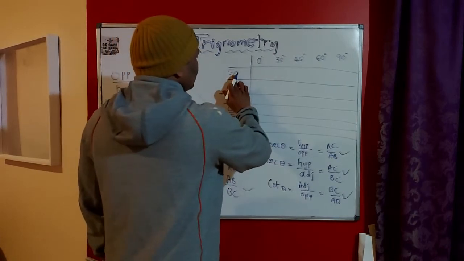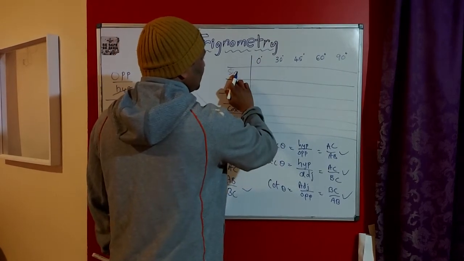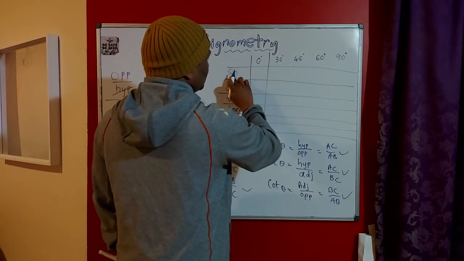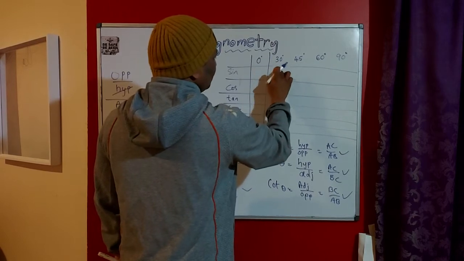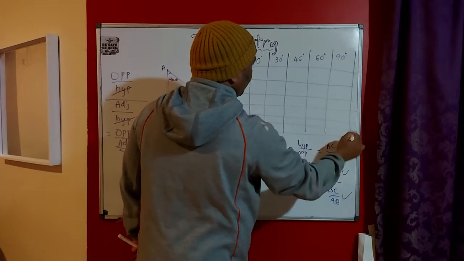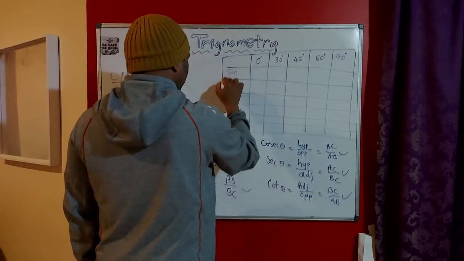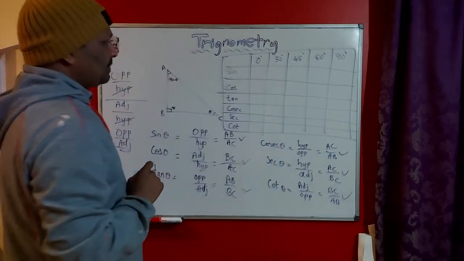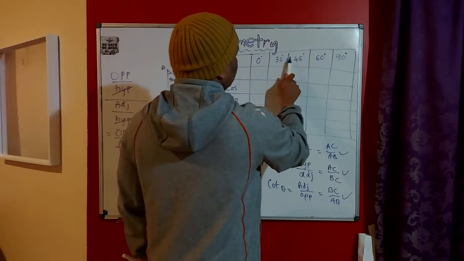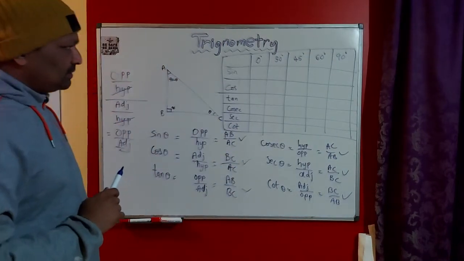Because you need to read this way: sine 0 degrees, cos 0 degrees, sine 30 degrees. Whatever is that value, you have to fill it here. Sine 30 degrees, whatever is that value, you have to fill here. Like that, we have to complete this table. These are standard trigonometric angles. Then we are learning trigonometry at a high school level.